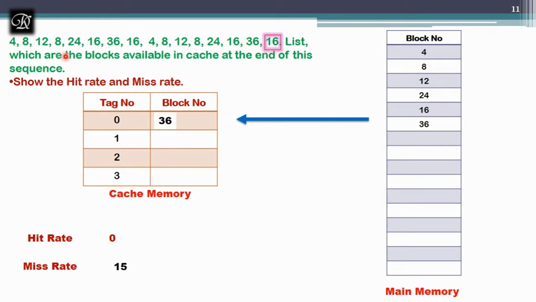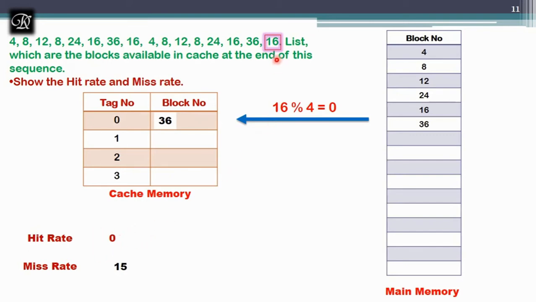Already I have covered 15 requests, so the miss count has increased to 15. There is no hit, because if I had utilized these empty locations, I would have got a hit, maybe 1 or 2 hits. But because of the modulus function I'm applying, I'm always forced to use line 0 with the direct mapping technique. This leads to an increase in the number of misses rather than getting some hits.